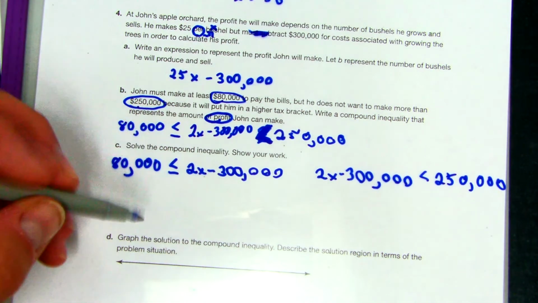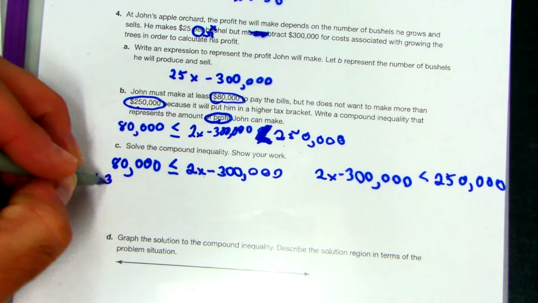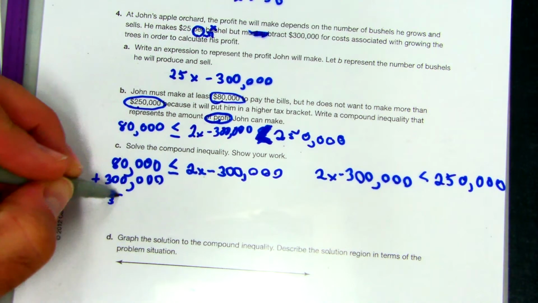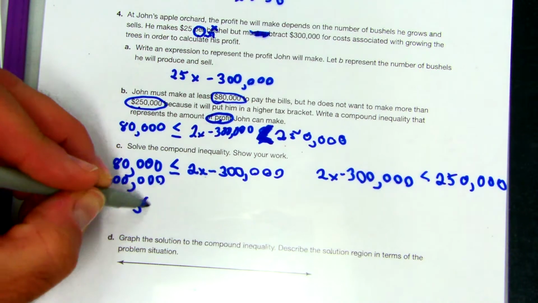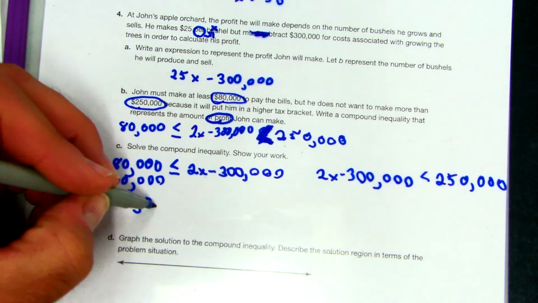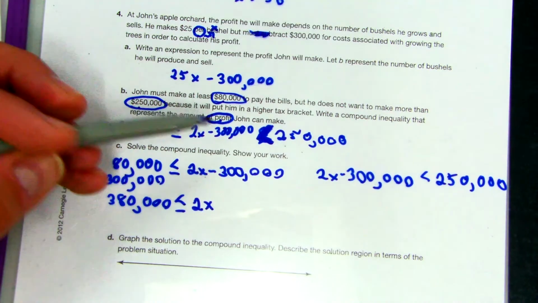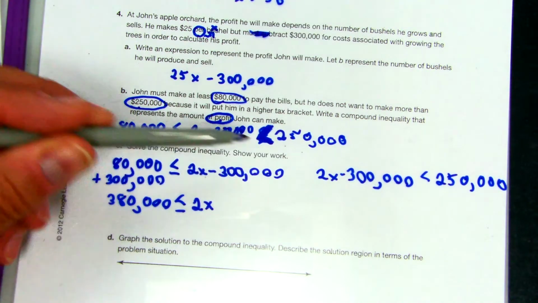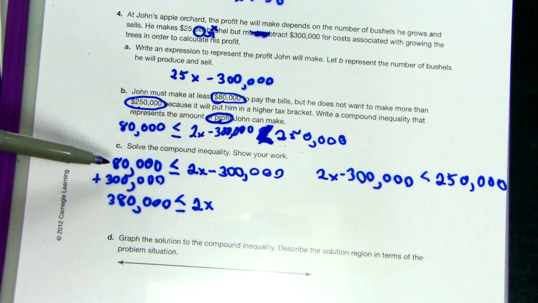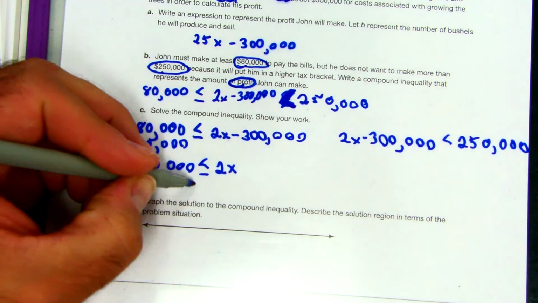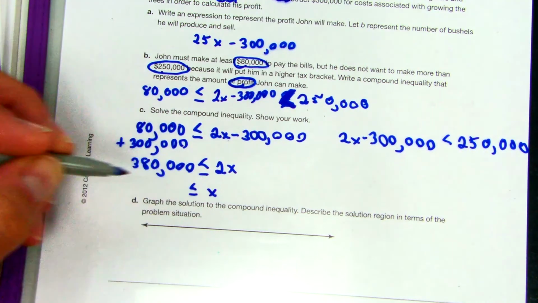Both of these are done the same way. I'll just do one of them, and then you can get the other answer. So you get 380,000 is less than or equal to 2x. Remember, we're always doing the opposite. So this is negative 300,000. When I move it over here, it becomes positive. I go ahead and divide by 2, and I get that my x has to be,